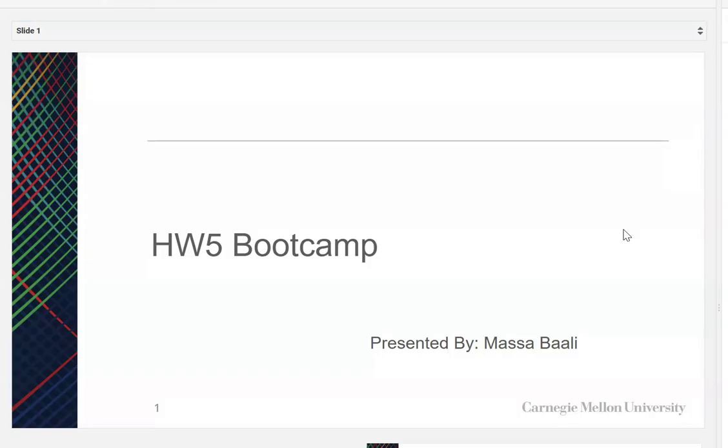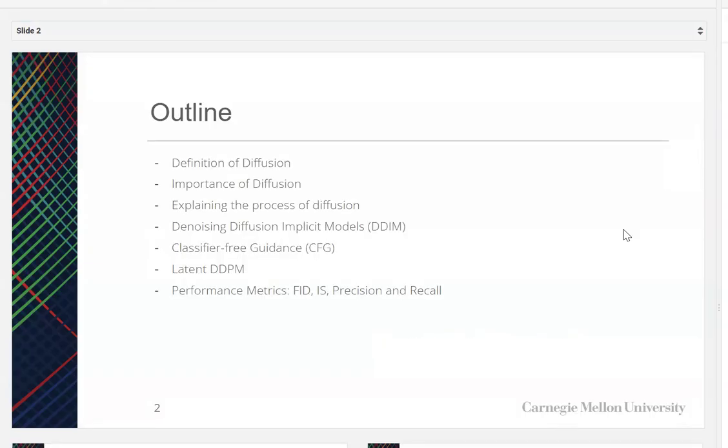So today I'll be presenting homework 5. We will be talking about the definition of diffusion and the importance of diffusion. I will explain the process of diffusion. We will also talk about denoising diffusion implicit models, classifier free guidance, latent DDPM, and the performance metrics, FID,